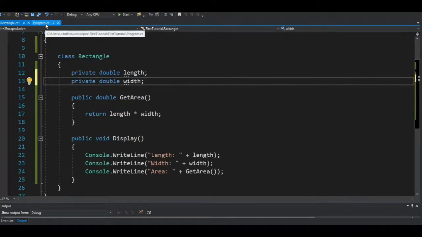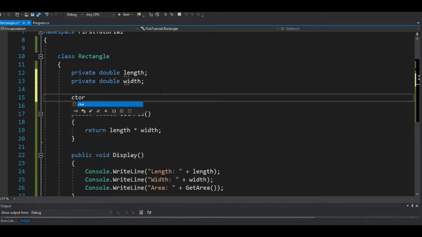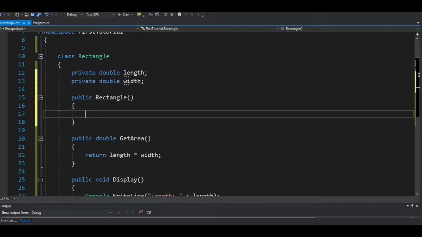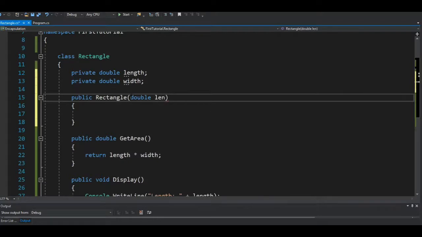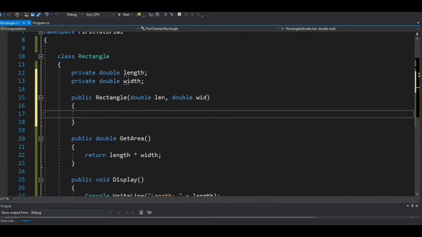Basically, what I can do is create a constructor in the class itself to encapsulate it. One of the things I can actually do is, let me see, I can go ahead and create a constructor. In the constructor itself, I can assign a double value here. Then I will need to bind this data here into here with the private value. So we can go ahead and do something like